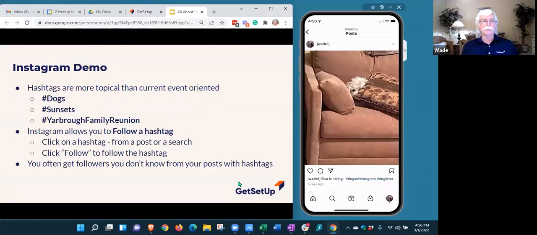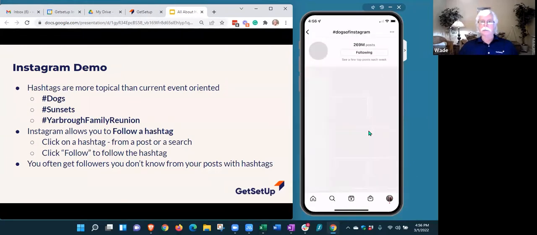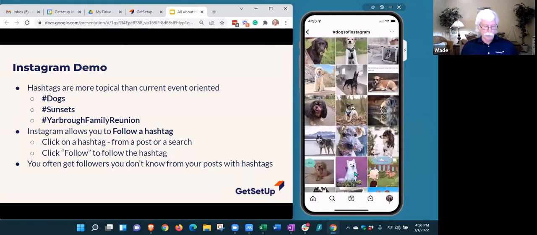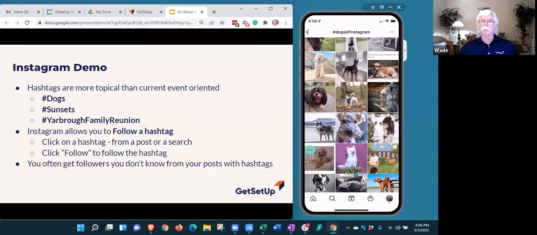Yeah, well, to try and cut it down to the main thing, hashtags are how, from a consumer's perspective, I can see pictures of things that I'm interested in. I love dogs, and I see pictures of dogs. So by going to hashtag dogs on Instagram, that's how I can see pictures of dogs. So it's really a way for me to see pictures posted by people I don't know and will never know, but I can just look at their pictures.